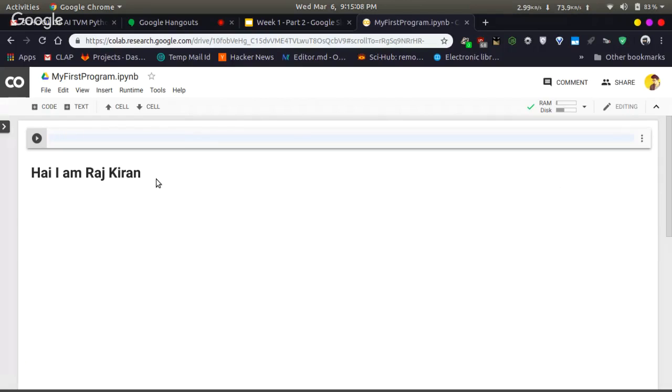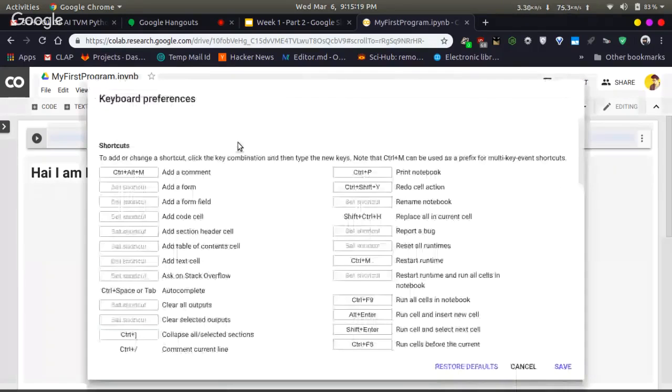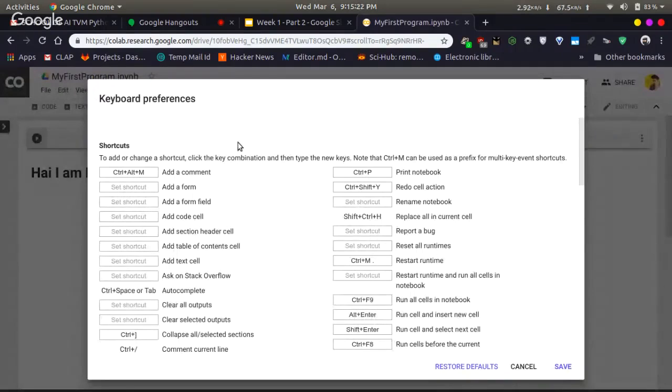Another thing I would like to point out is that in the Tools section, there is an option called Keyboard Shortcuts. Click on that. Now what you are seeing here is a list of keyboard shortcuts provided by default by Colab.